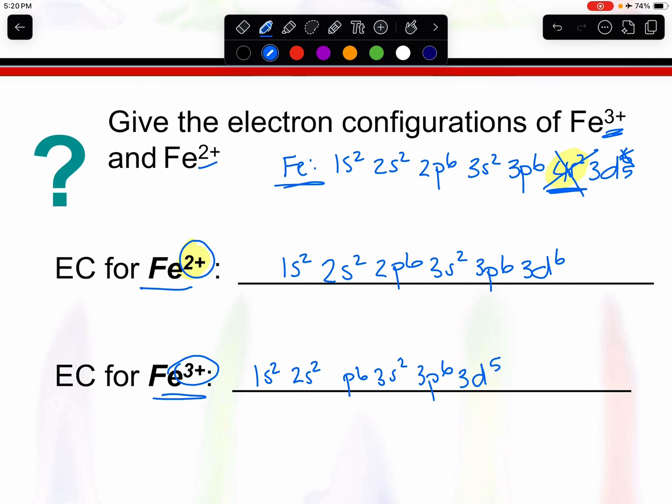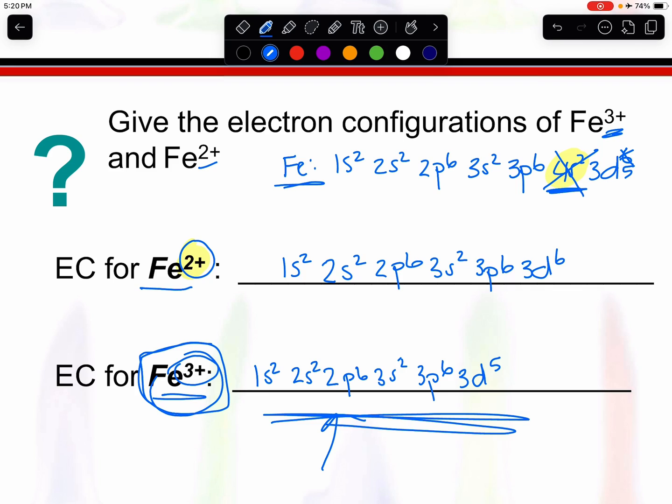Now, I will let you know, if I just gave you this and not what atom it was, you could not figure out what atom it was for a transition metal. So keep in mind that this is really only a one-way thing. I'm not going to give you this and ask you what ion it is because you don't know how many you've removed. Okay, if it was Fe plus 4, you'd remove more d. So it's just you being able to look at an ion